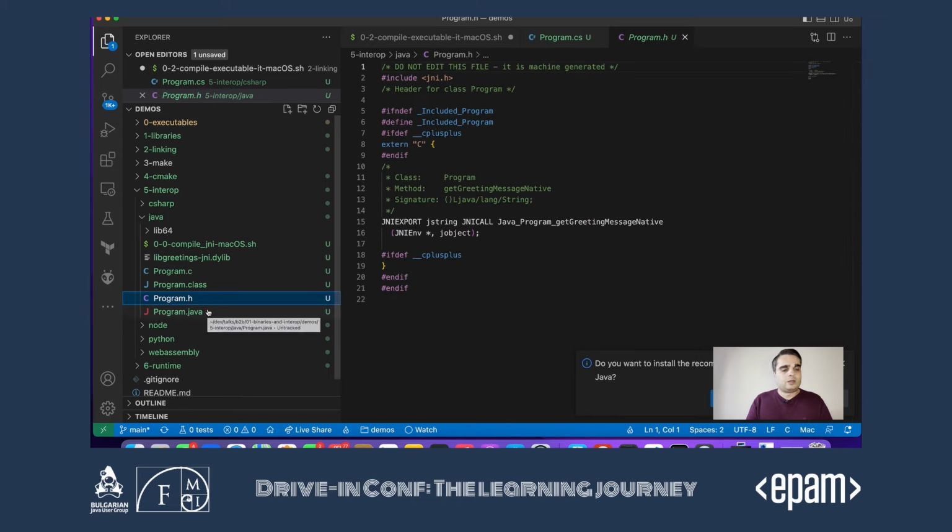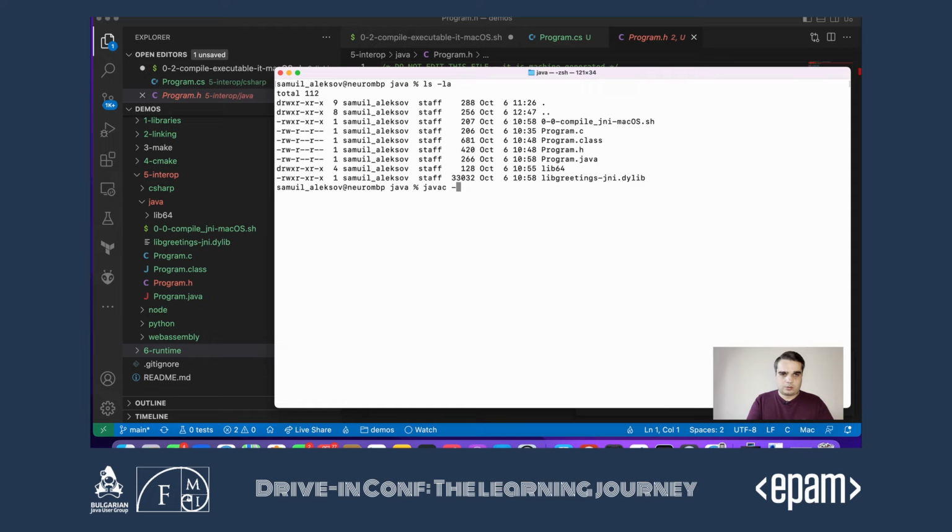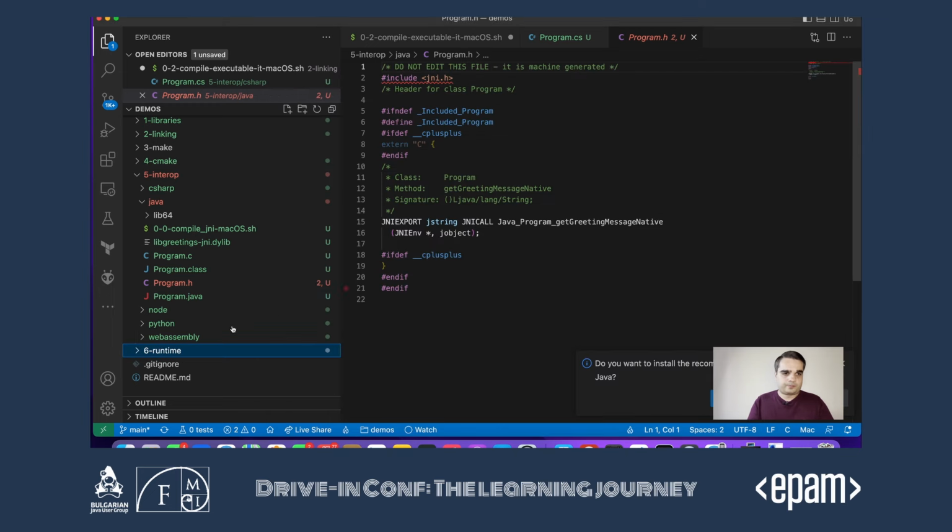So let me see that very quickly. We can do javac -h. It will generate the header in this folder, for Program.java. And we have our header here, and we need to implement it.